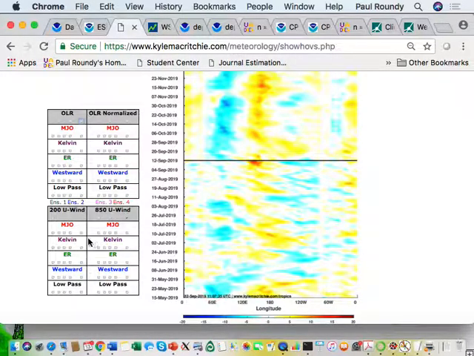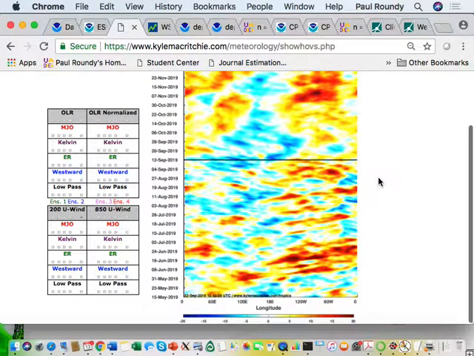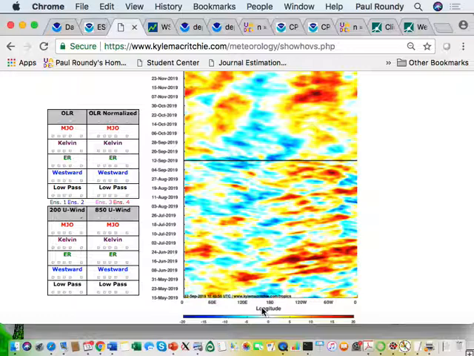Now that's the 850 flow. And I can also show the 200 millibar, to get the upper tropospheric signal. When you have deep convection situated in the Central Pacific, you tend to have a region of easterlies extending to the east of the convection a little bit. But then a little farther east, you get westerlies. It's not that the convection is directly driving these westerlies in general. What's happening is the convection situated on the equator